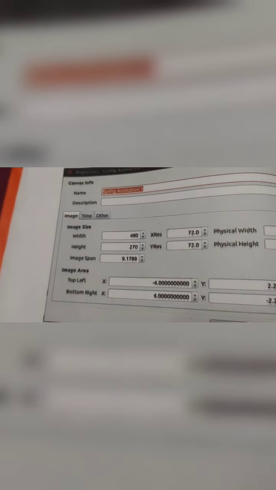If you click on new file tab, you will get the properties of the file, where you give the name, description, width, everything you have to describe in this window. Click on OK. All these properties will be applied to your new file, and your new file will be created on the basis of the properties which you have typed.